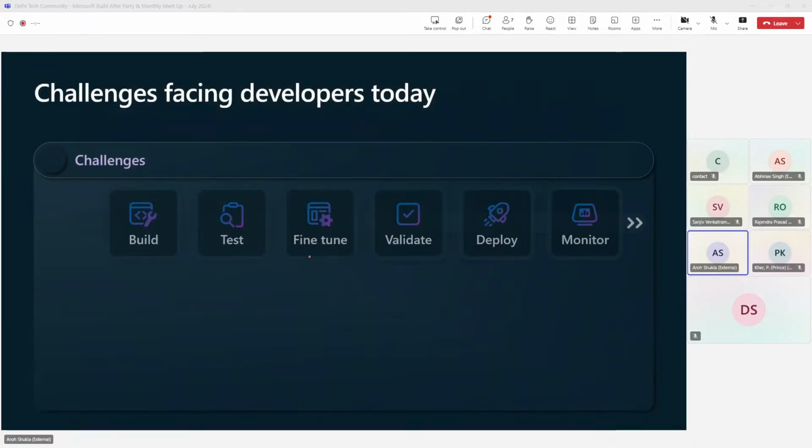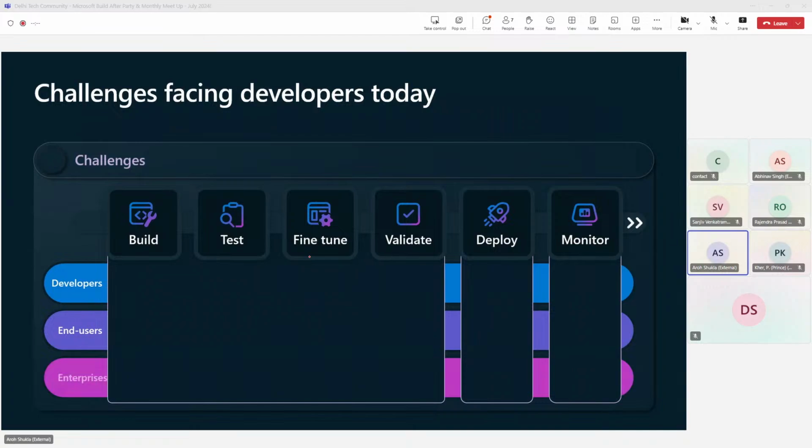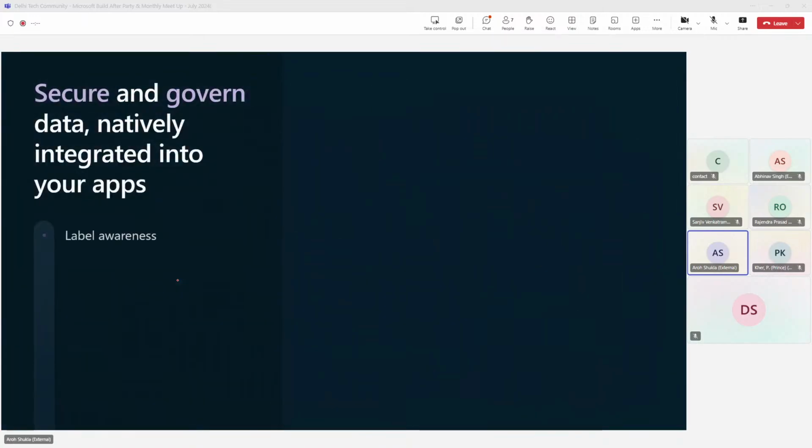Now, before I leave, I want to share that there are a lot of challenges when you work with the three personas. Obviously we have developers, who are key people. We have end users, who are the business users, and enterprises. Enterprises are very important for us, right? So the build, test, and fine-tune of data is mostly done by developers. Earlier there was a lack of security. Now with Purview and AI, we can build and fine-tune with high security,